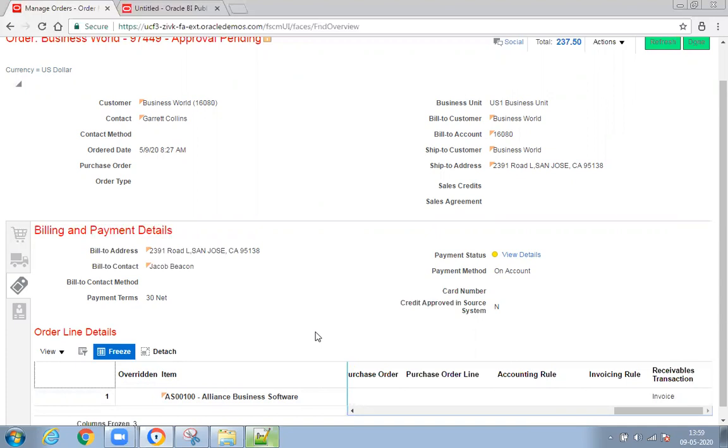But the only limitation here is, as of now, at this point of time, pre-transformation rules will work only if you create a new order. But if you create an order by using the copy option, pre-transformation rules are not going to trigger. So in that case, if you want to default any values, you can use post-transformation rules. And we have one more option also. If you want to default, maybe you can use order management extensions by writing some Groovy script. You can default also. Okay, thank you.